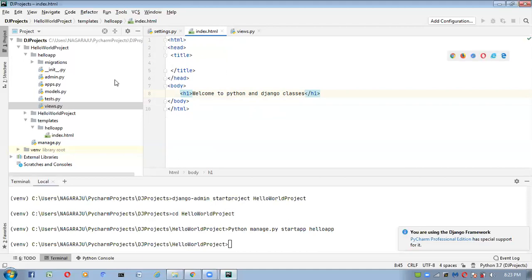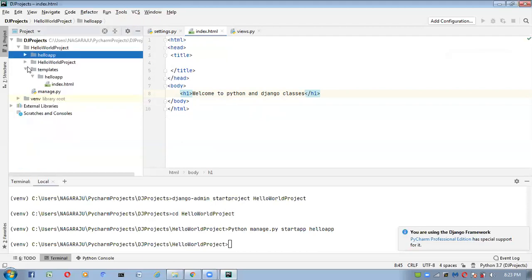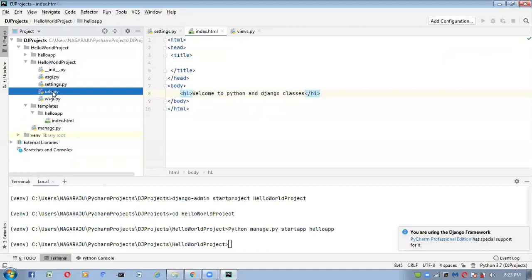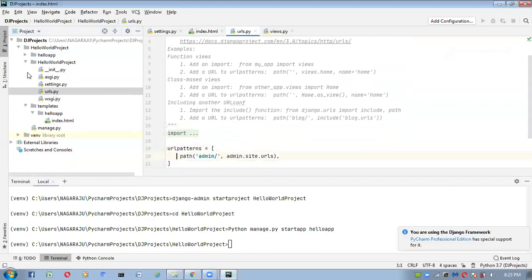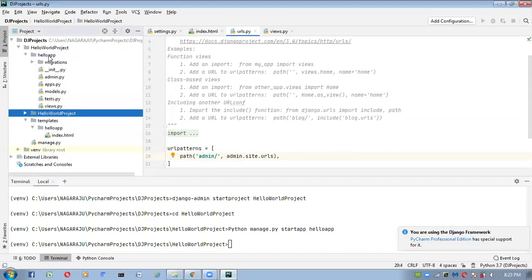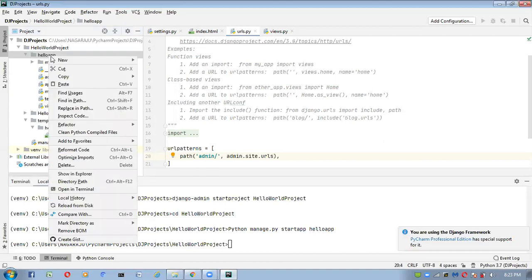Next, go to the urls.py file. Here we have to configure the URL pattern. At application level, create one urls.py file.